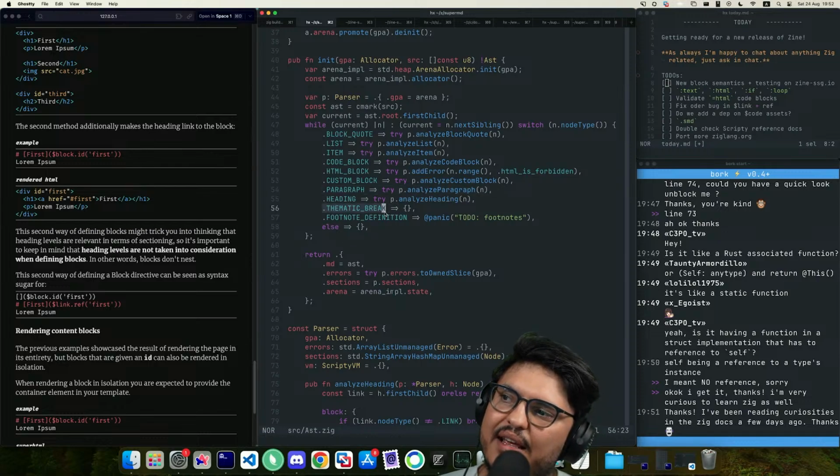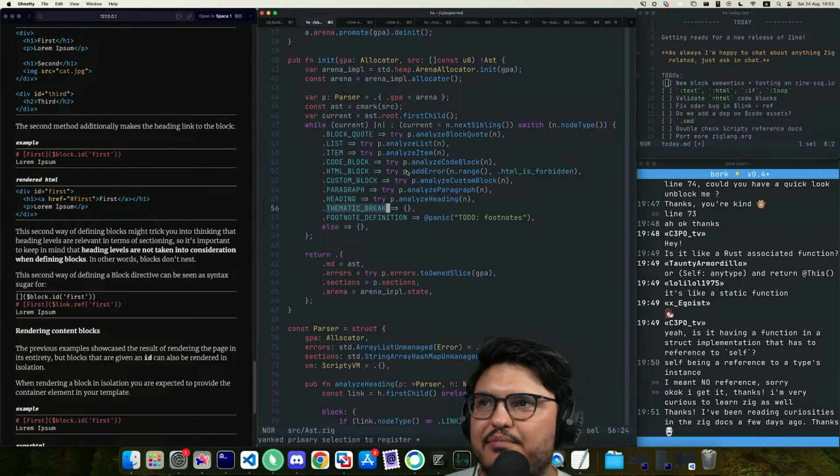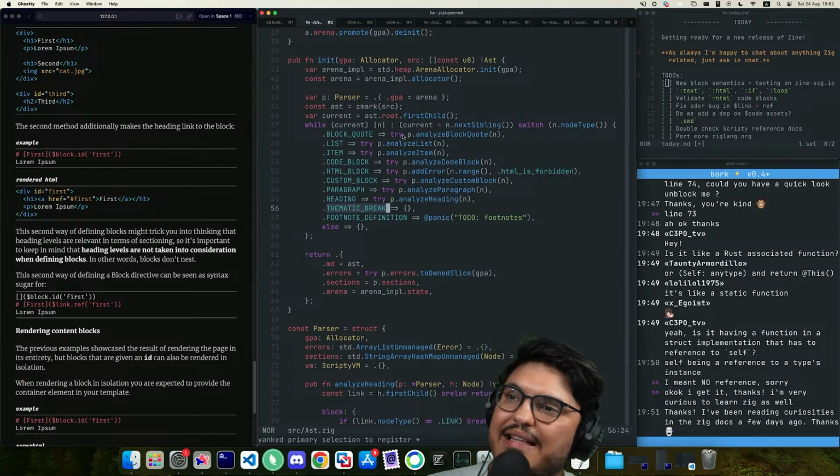You know what? I'm also thinking maybe what we should hijack is the thematic break. I don't think we can. Well, that would require changing the parser. We're not doing that yet. But